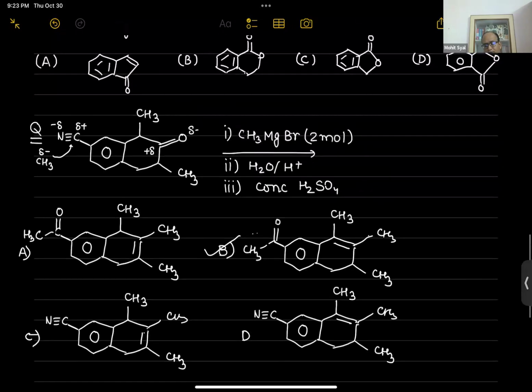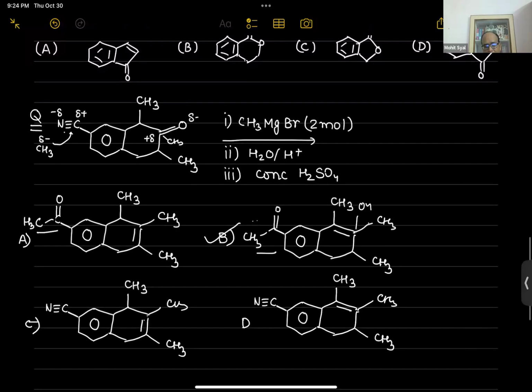It is because that double bond and the CH3 is going to add here also. That CN will give ketone, so COCH3, COCH3. And when CH3 is added to this, it will become a tertiary alcohol. Okay. And look at the last step. If you look at the last step, you will observe that